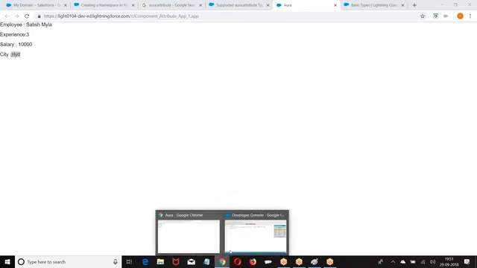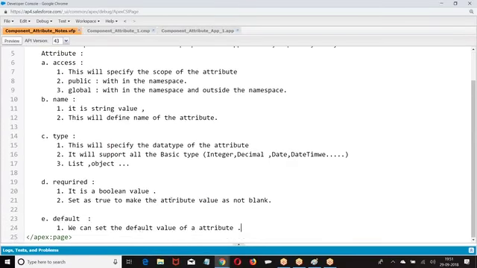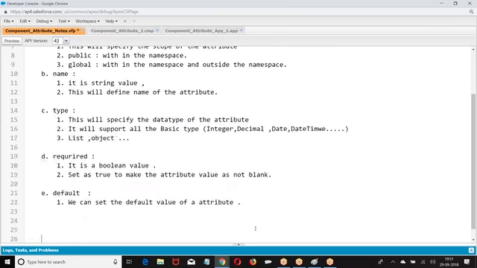Okay. Let me mention. Expression format.